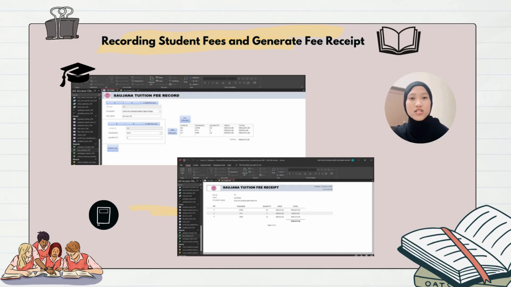Next, recording student fees and generate fee receipt. For the first picture, which is the fee form, we can see the Sarjana Tuition fee record. The total of the fee record is 9,975 ringgit. For the second picture, which is the fee receipt, the total of three packages, which are UPSR, PT3 and SPM, are